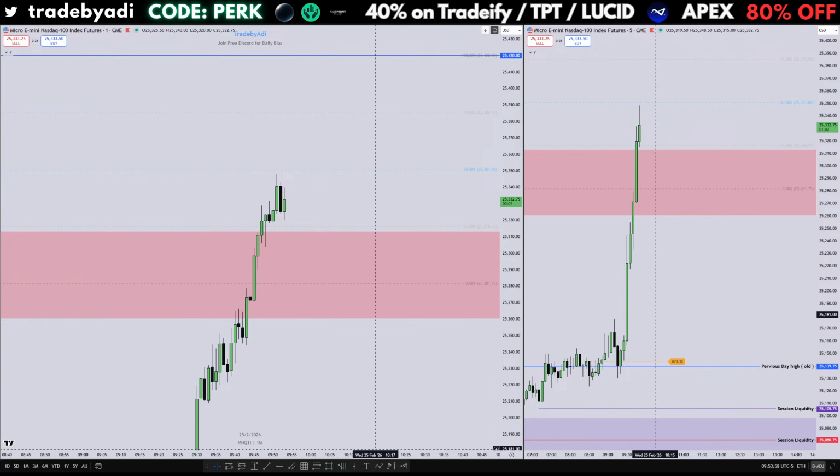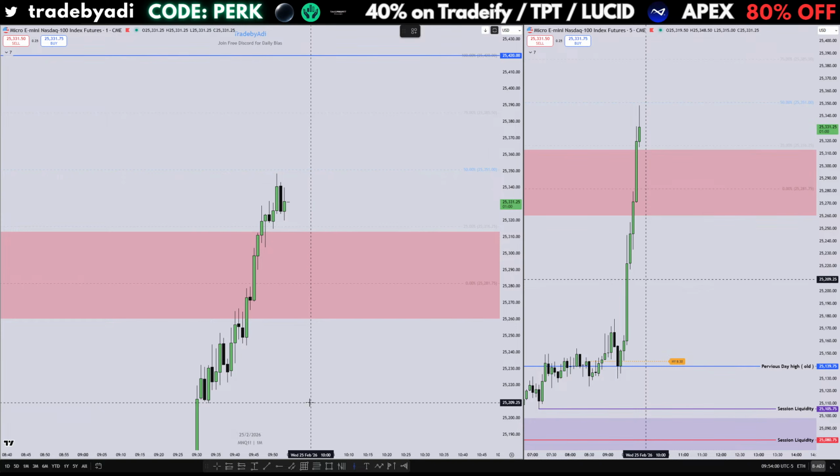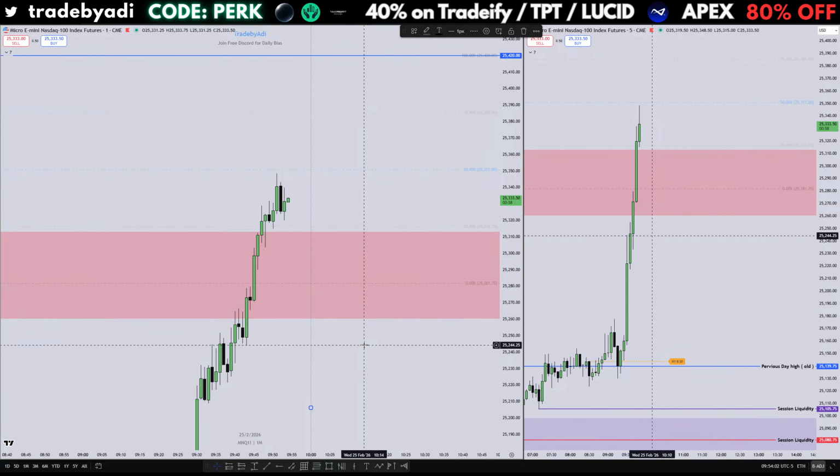Let's see how the 10 o'clock candle is going to form. It is 6 minutes more, then we are going to open the new 4 hour candle. I really don't want it to push the trades, and also I don't want it to push the bias, because this is the last week of February,